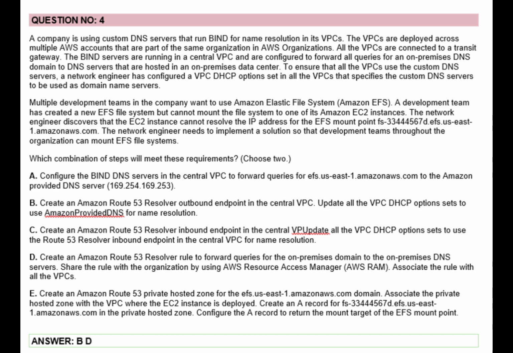To ensure that all the VPCs use the custom DNS servers, a network engineer has configured a VPC DHCP option set in all the VPCs that specifies the custom DNS servers to be used as domain name servers. Multiple development teams in the company want to use Amazon Elastic File System, Amazon EFS. A development team has created a new EFS file system, but cannot mount the file system to one of its Amazon EC2 instances. The network engineer discovers that the EC2 instance cannot resolve the IP address for the EFS mount point